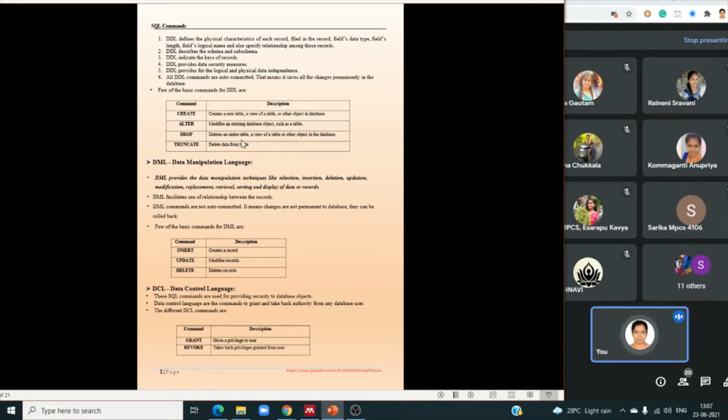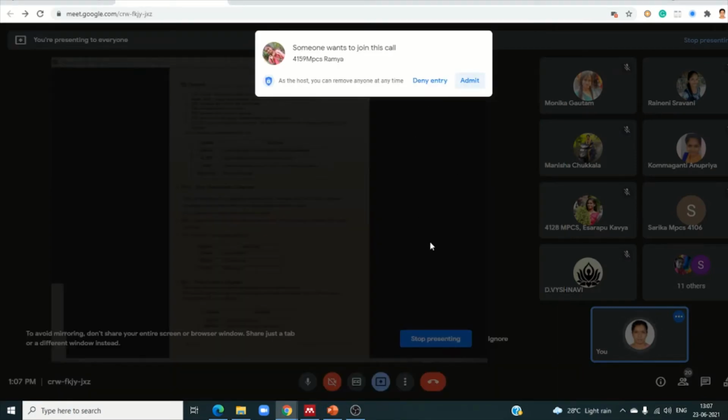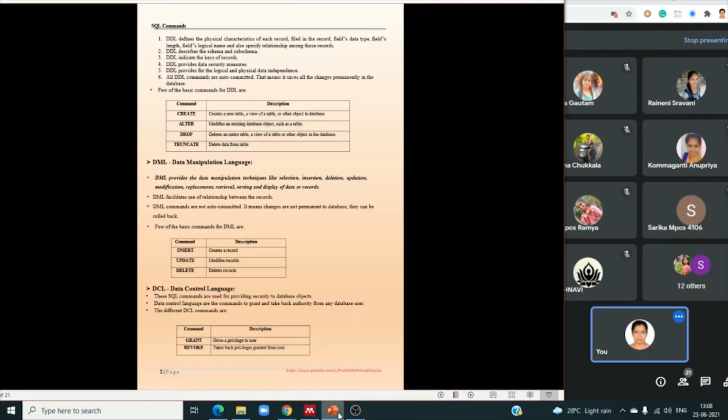Drop deletes an entire table, a view, or other objects. Drop is used to drop a table, drop a view, or drop the database. What is drop? Drop deletes data as well as the structure from memory. Next is truncate.